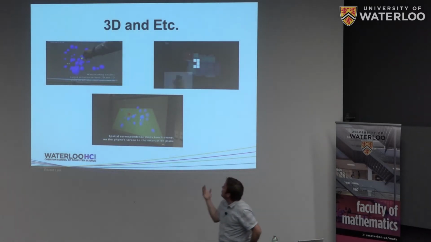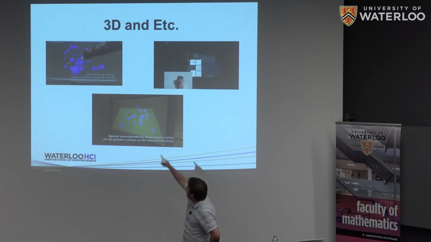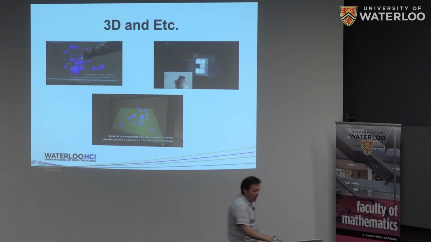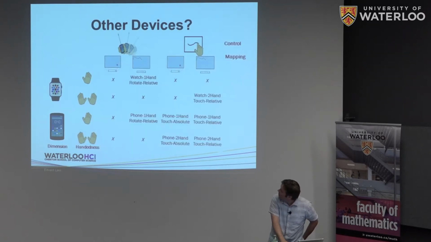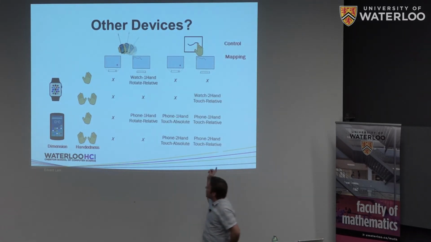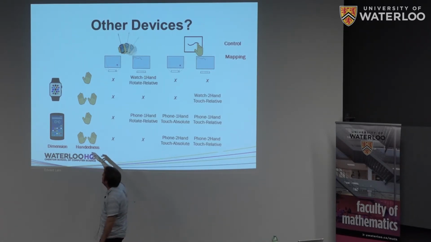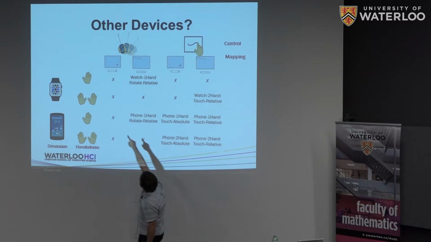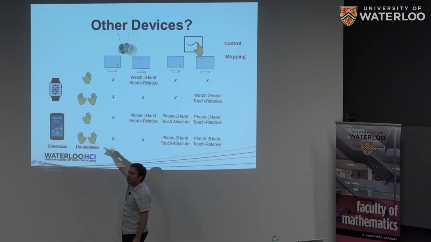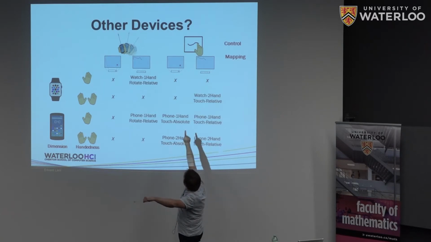It's not the only thing we've done. We've played in this space quite a bit in terms of 3D input with personal devices, whether they're smartwatches or smartphones. At CHI last year, we actually had a little bit of fun. So we basically looked at all of the personal device pointing techniques. This is called a design space for personal device pointing techniques, using either the IMU or the touch screen, using one hand or two hands, and looking at all of the devices, and we divided this space up. We eliminated things that don't make sense, like one-handed interaction with a smartwatch.